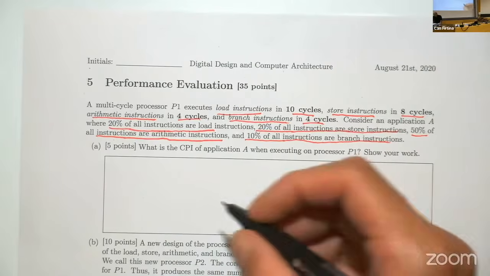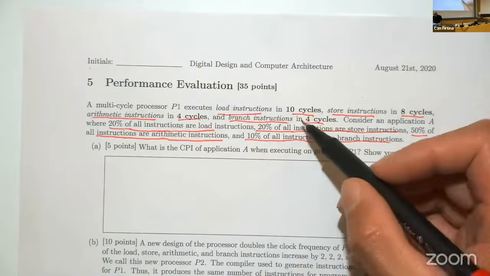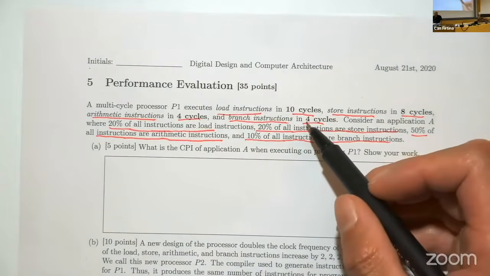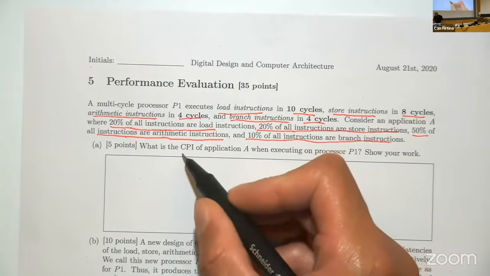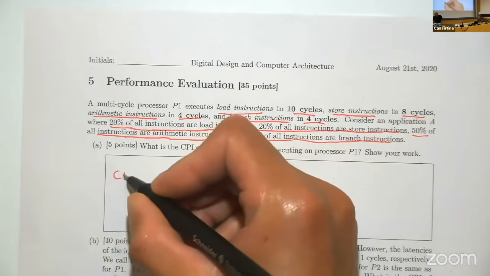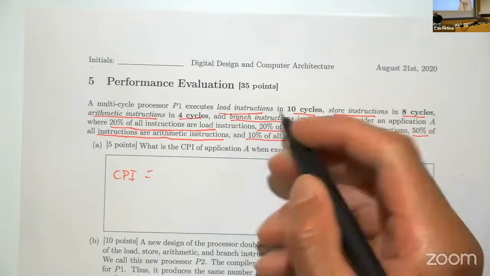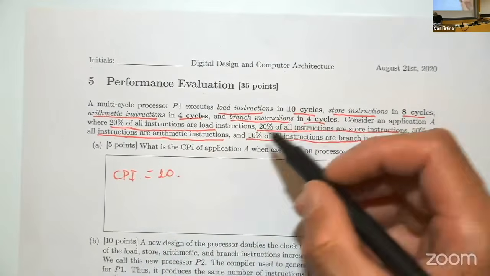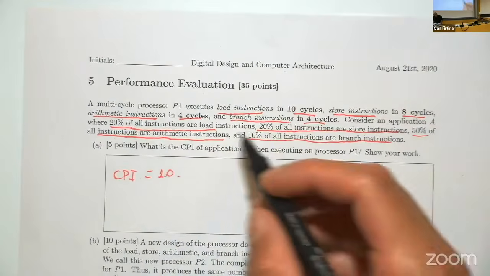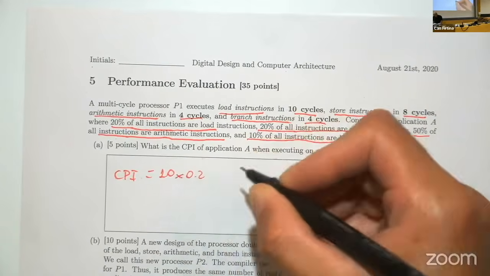Show your work. So basically, to calculate the average CPI, you multiply the number of cycles it's going to take for a type of operation by the fraction of instructions that the application is going to execute, because this is cycles per instruction, right? So the CPI here is going to be: load instructions take 10 cycles times the breakdown of load instructions, which is 20%, so times 0.2, plus